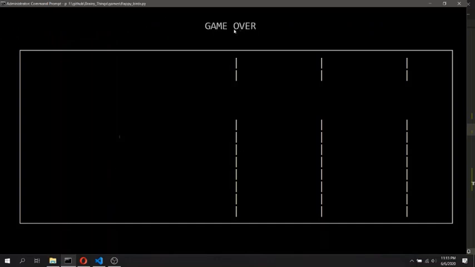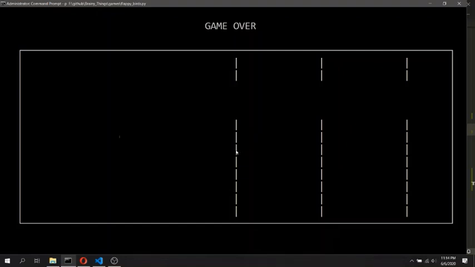Yes, the code is working properly because the game over condition happened and the game has paused, but we are not able to see the Flappy Bird. So the user will not understand why this game over condition has happened, which obstacle the Flappy Bird has collided with.